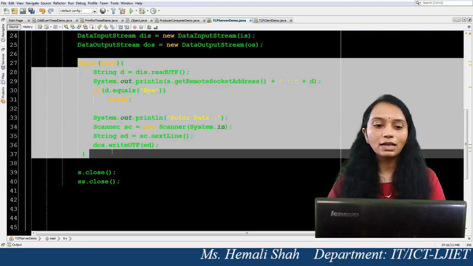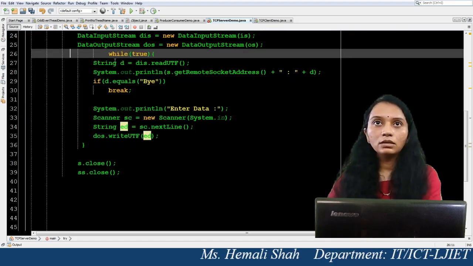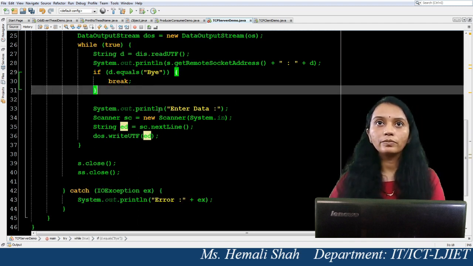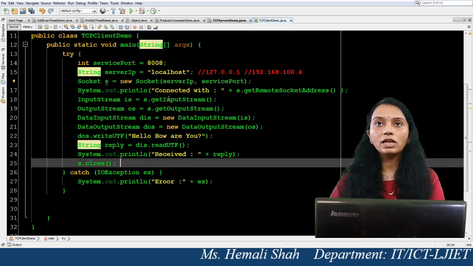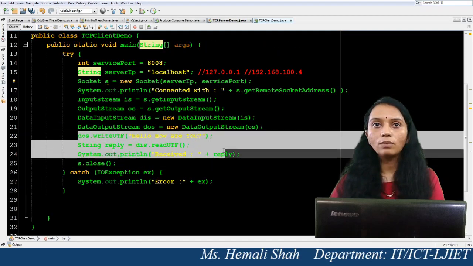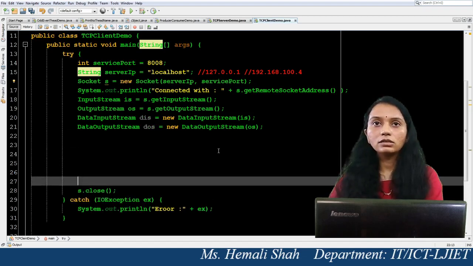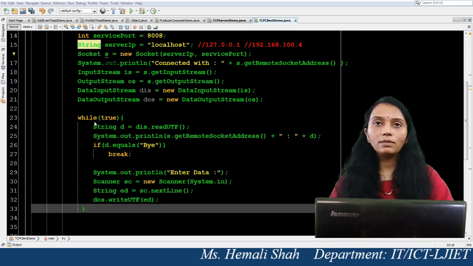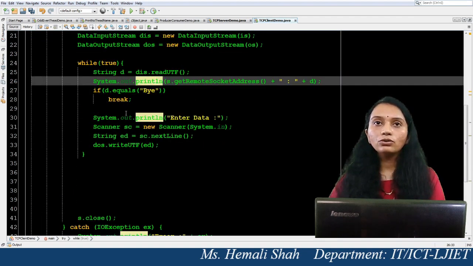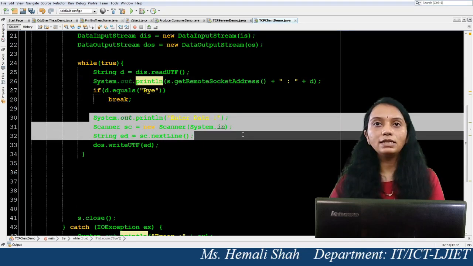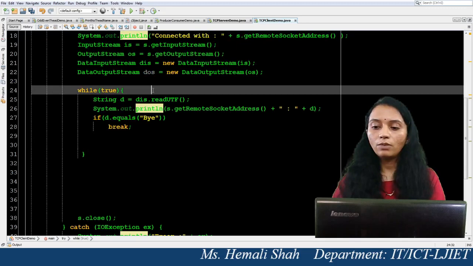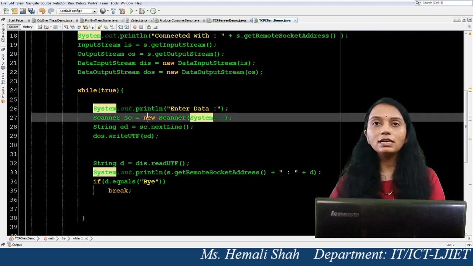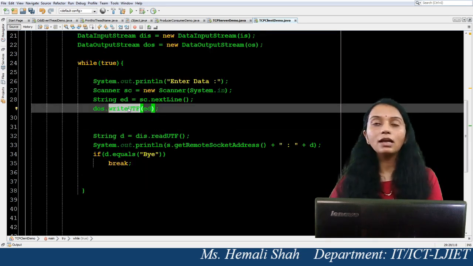Now inside this client program, again the sequence you just need to change. Let me format this code. So in the client program, you can make the chat application like this. After creating these two objects, you can make the logic. Many programs are possible, you just need to change this logical part only. Here, first the client will send the data. For that, it first reads data from the console. So this is the code to read the data from the console. After reading the data, it sends the data to the server program.